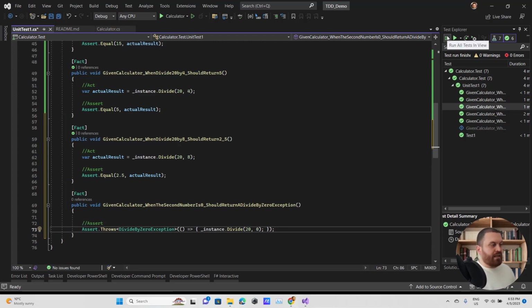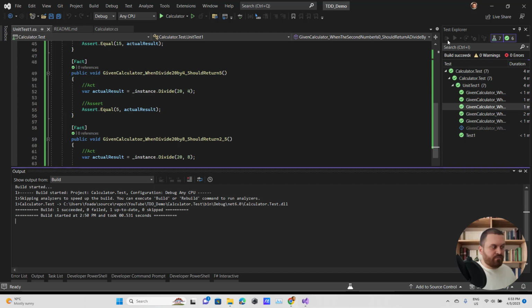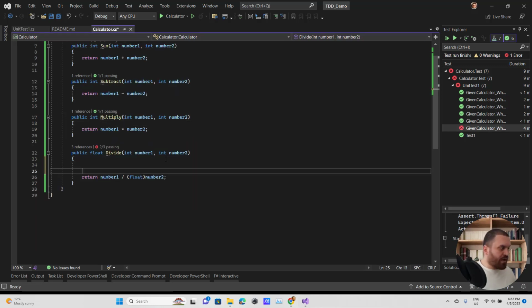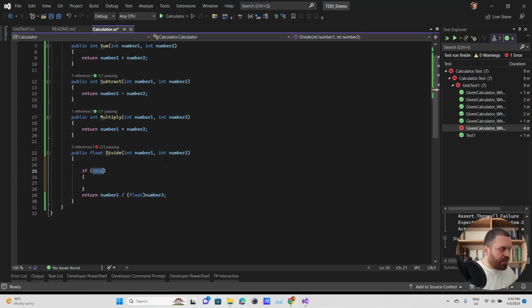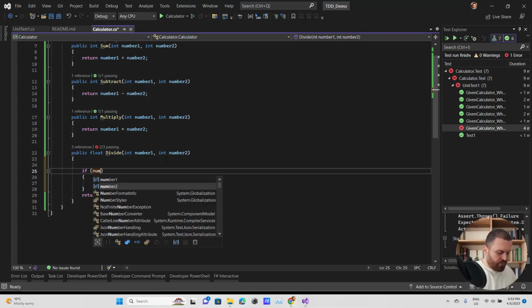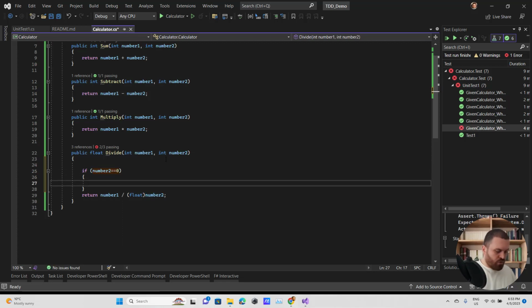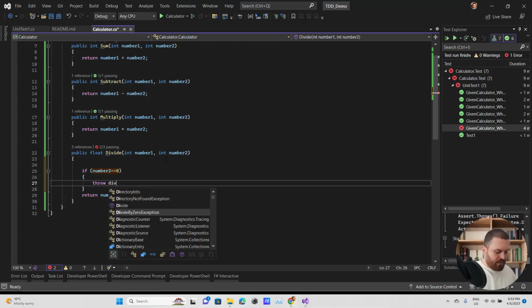Okay, and let's see what will happen. Let me run it. It is giving me an error because it is throwing something, but not what we want. Let me go to the calculator, and here I am going to check if the second number is equal 0, you should throw what?